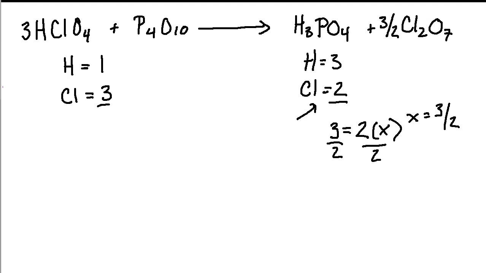But when we get to, because what these coefficients really represent is molar ratios. So we're saying we're going to have 3 moles of HClO4, 1 mole of P4O10, and so on and so forth. When we do balancing, it's okay to temporarily put a fraction of a mole, but usually we deal with moles in whole numbers when it comes to coefficients, okay? So certainly if you're calculating the amount of moles, you could get 0.5 moles of something. That exists. But when we're doing the balancing of equations, we only use whole numbered ratios, and the reason for